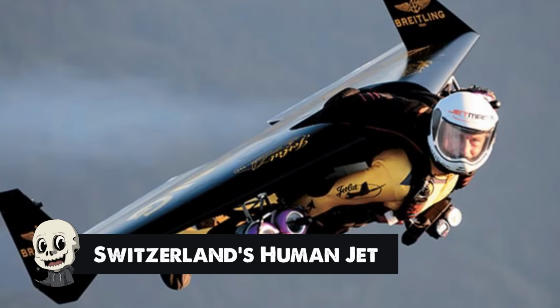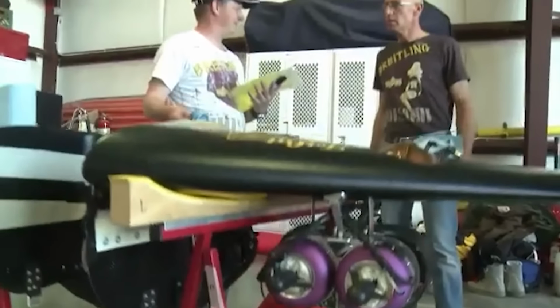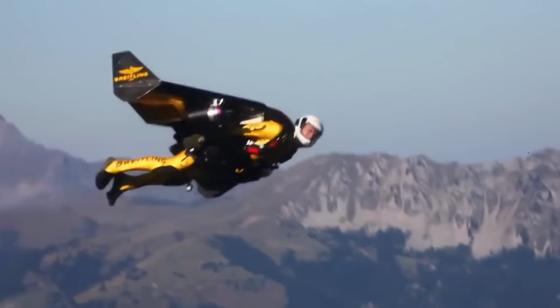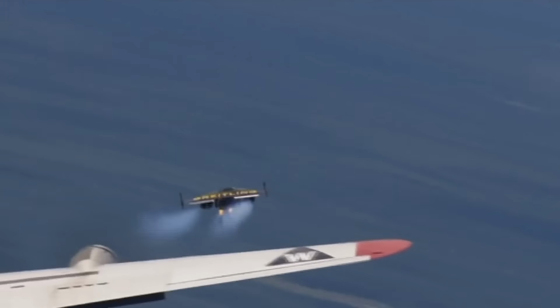Switzerland's human jet. Flying over the Swiss Alps with nothing but jet-powered wings strapped to your back? That's not a movie scene, it's Yves Rossi, the original jetman making aviation history. Hailing from Switzerland, Yves Rossi is a former fighter pilot who built his own carbon fiber jet wing fitted with 4 miniature engines. No cockpit, no landing gear, just a pair of rigid wings, throttle controls in hand, and nerves